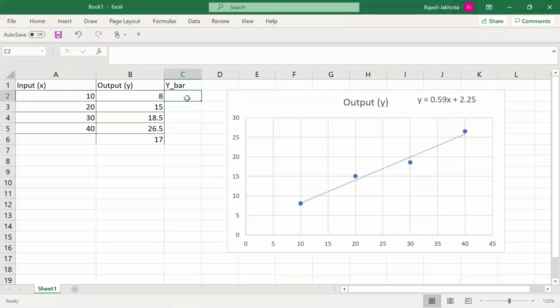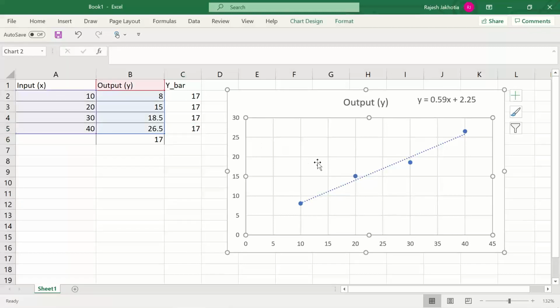I'm not able to put a bar symbol, so I'm just writing bar. If this is what I draw as a line of best fit, on this chart, let me simply add y equal to 17. So basically what I'll have is a straight line which will be somewhere like this.